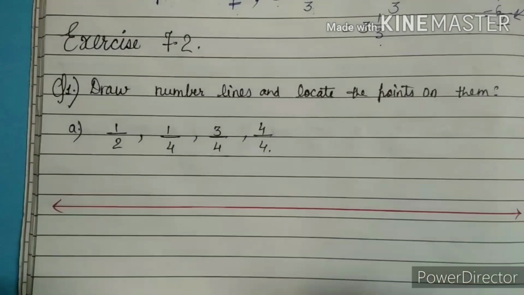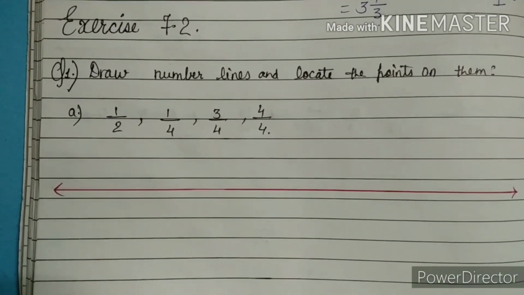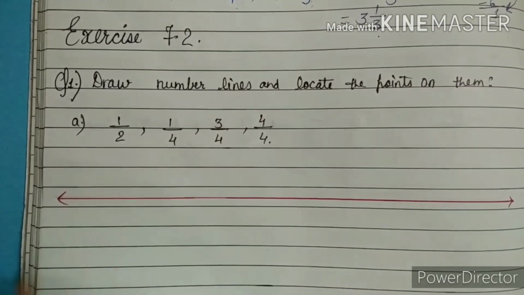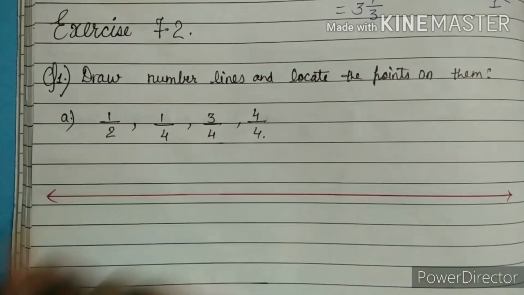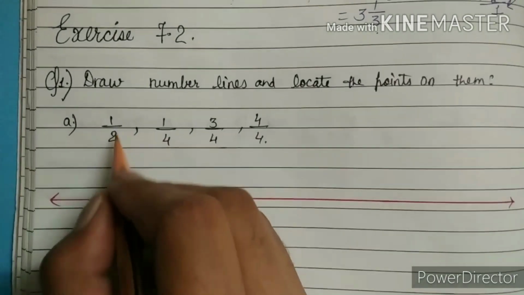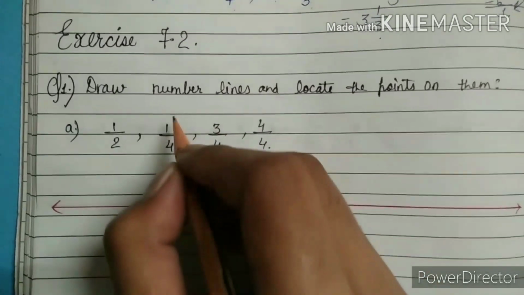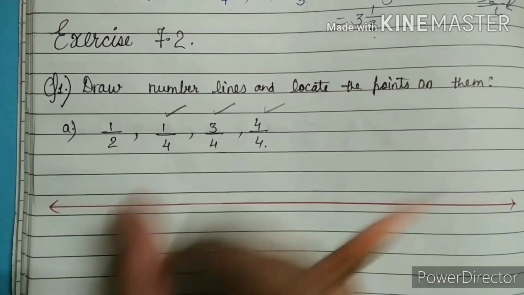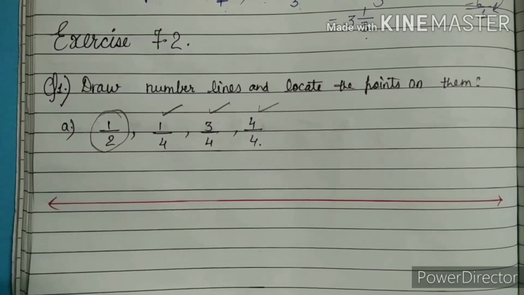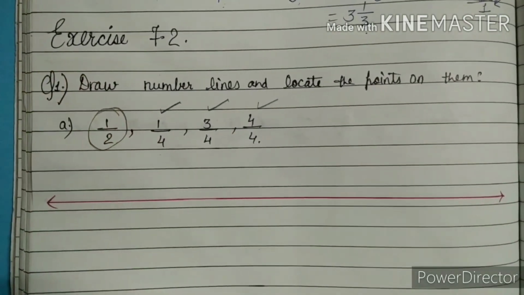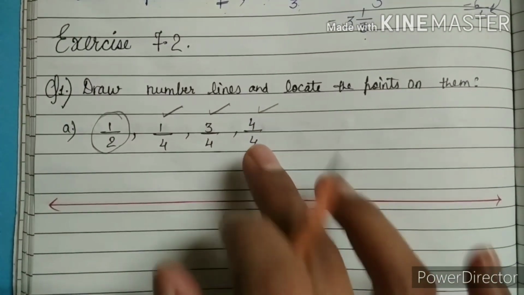Okay, so we have to firstly check their partition are same or not. Okay, partition means we have to see their denominator. If their denominator is different, so we will do it same. Okay, so here 1 by 2, 1 by 4, 3 by 4, 4 by 4. Here these 3 numbers are having same denominator, but 1 by 2 did not having 4 as a denominator. So we just skip 1 by 2. Okay, we just see for the 1 by 4, 3 by 4, 4 by 4.